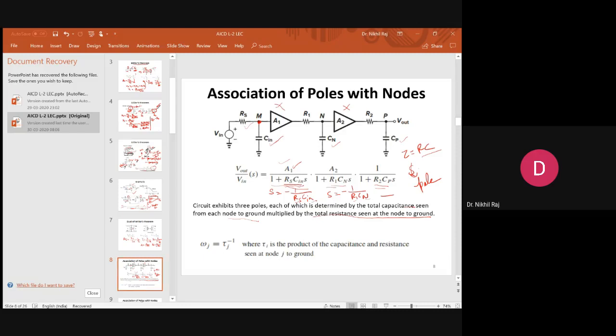So suppose this is a cascade of networks in slide number 8, the cascade of networks A1 and A2, with some RC, where resistance and capacitance are there. In the first step, if we want to write the transfer function, we can divide it into three parts. The first part is the open loop gain in the numerator, divided by 1 plus SRC. RC is the time constant. And then what will be the pole? The pole will be given by S equals minus 1 by RC.